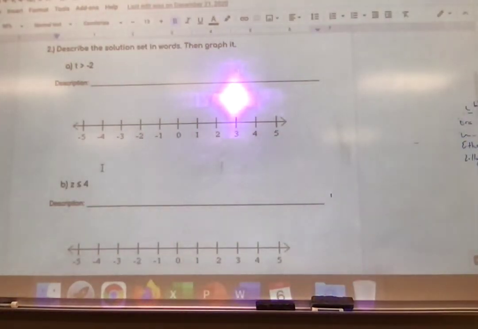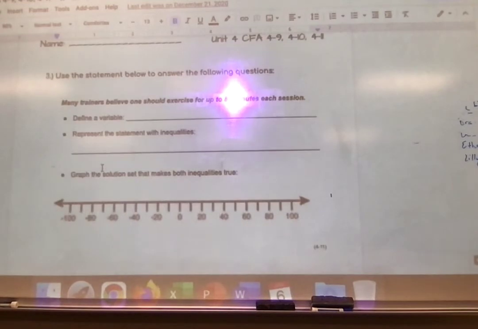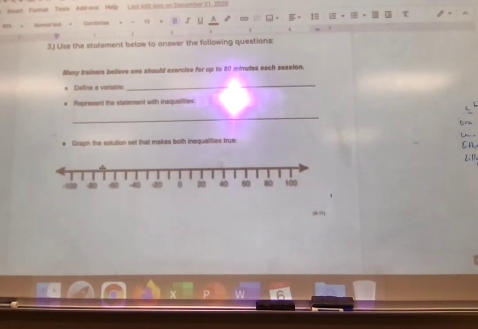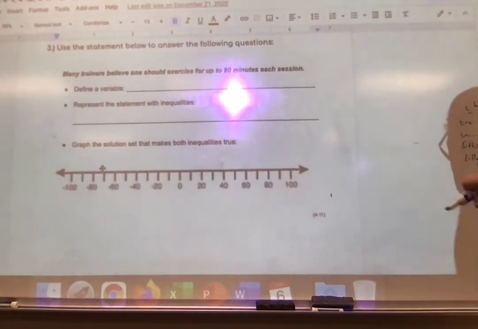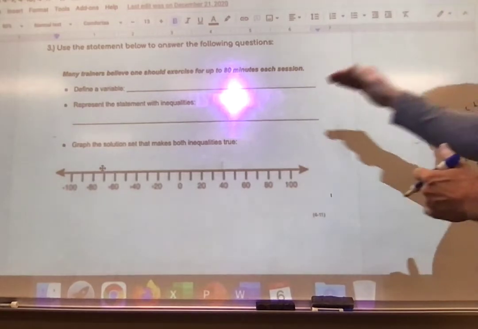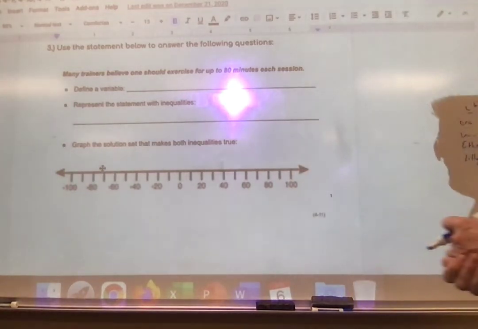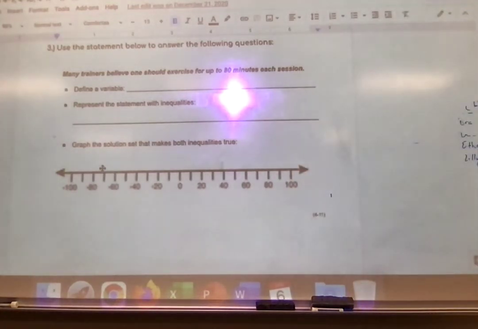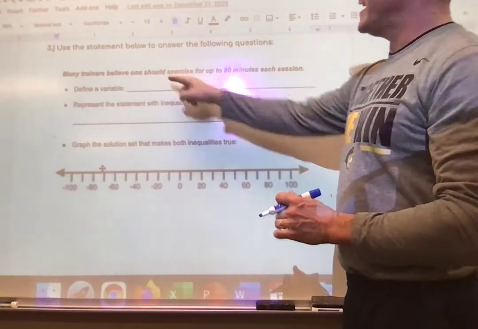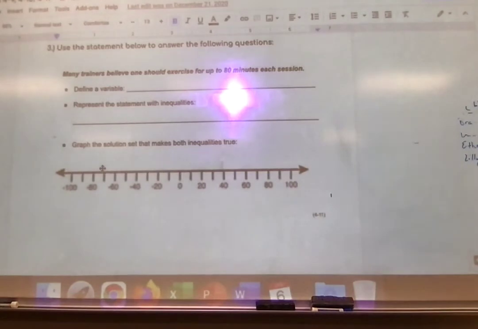Okay, and then you guys on the back side of the page, we've got one more to look at here. In this case, we're supposed to look at some inequalities in a real-life situation. Many trainers believe one should exercise for up to 80 minutes each session. To define a variable, remember that's what can vary, what can change in this situation. In this case, it's the minutes of